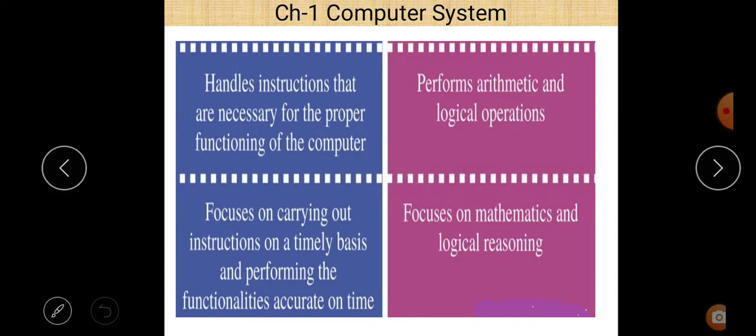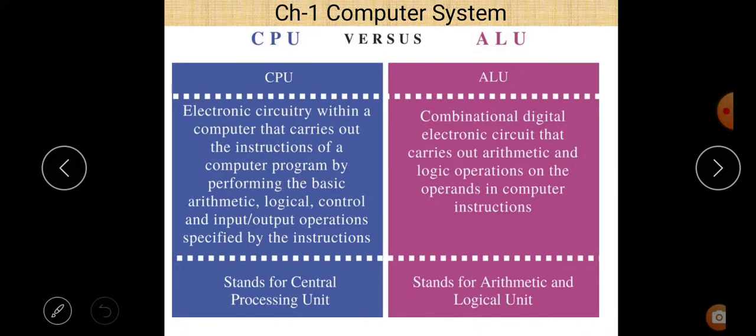In short, we can say that ALU is a part of the CPU. ALU performs only arithmetical and logical operations, while CPU not only performs the arithmetical and logical operations, but also sends different control signals to different parts of a computer system, such as the input device, output device, or the memory. So one thing should be clear, that ALU is a part of the CPU. All the functions belonging to the ALU are functions of the CPU also. But in CPU, basically there are three parts. ALU is one of them, second is CU, and third is register.